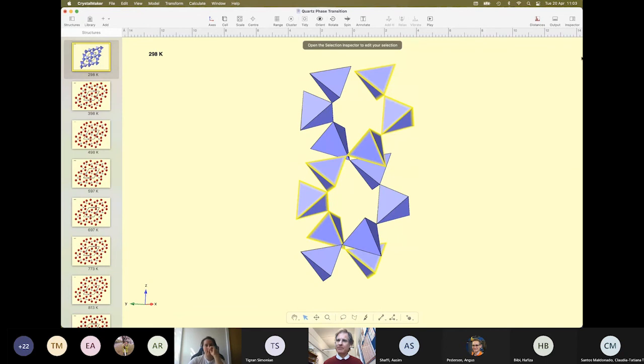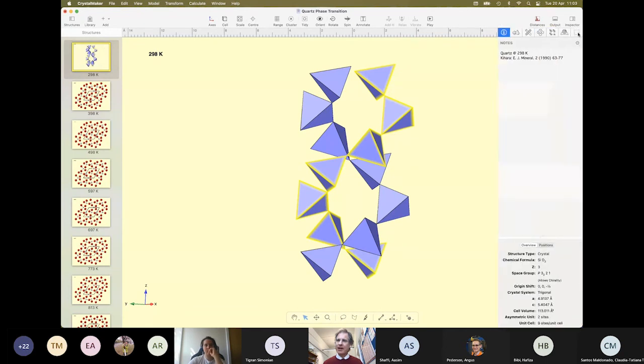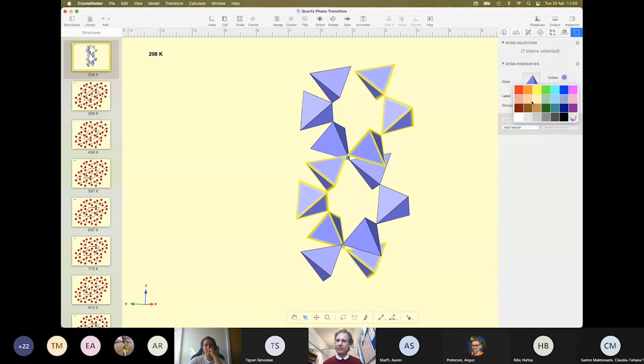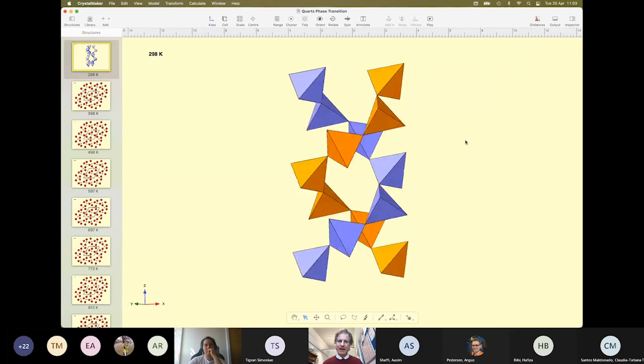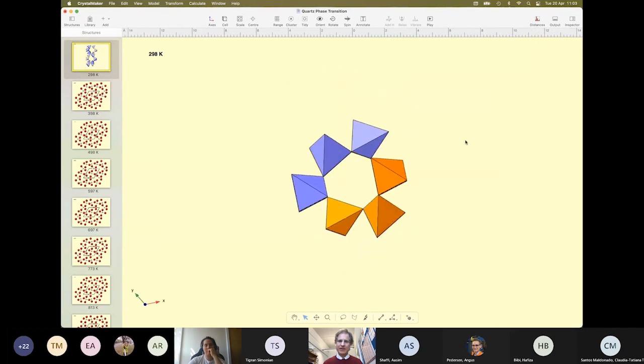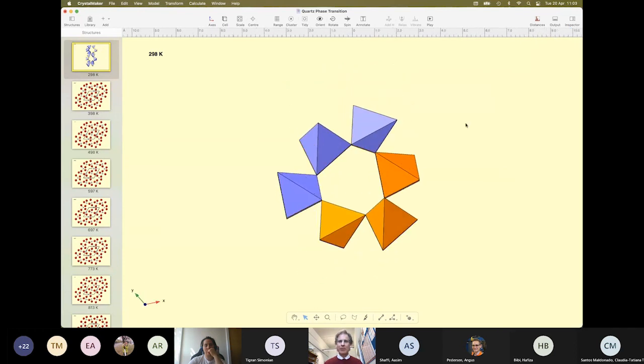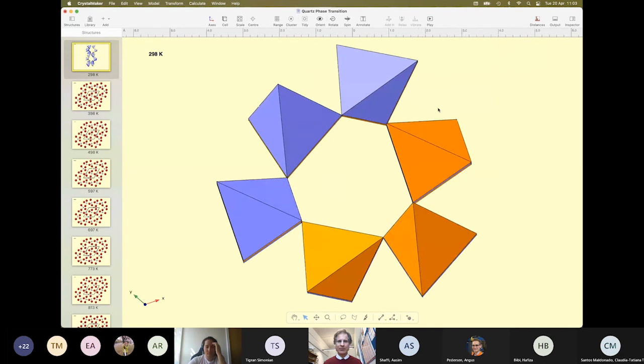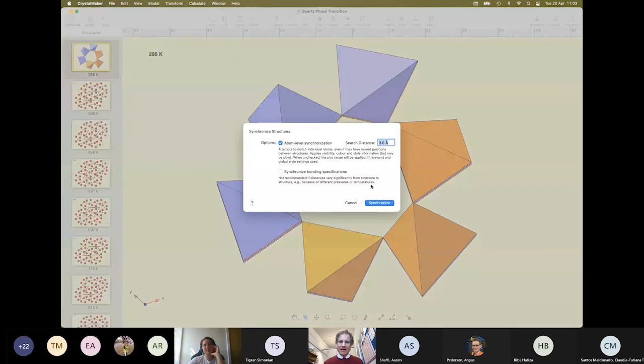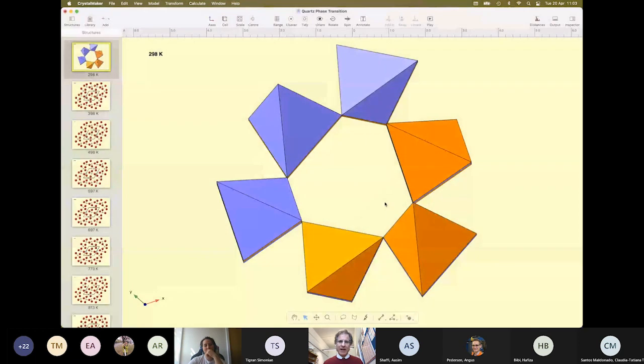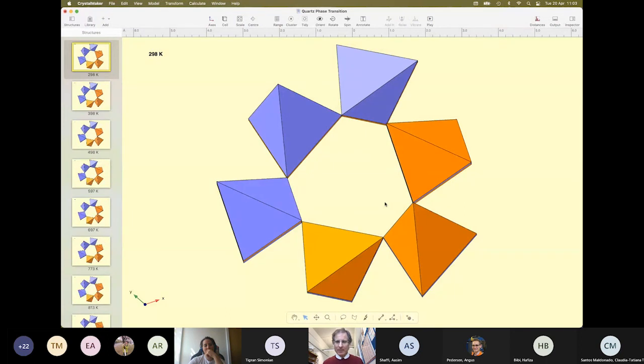We'll use the inspector to change the color of those to orange. And we can see it's a double helix. Now I want to be able to apply these changes to all the other structures in my list. And we can do that by going to the synchronize command. And CrystalMaker will analyze the visible structure and apply the changes that I've just made to all the other structures